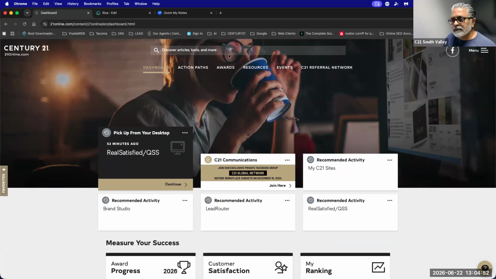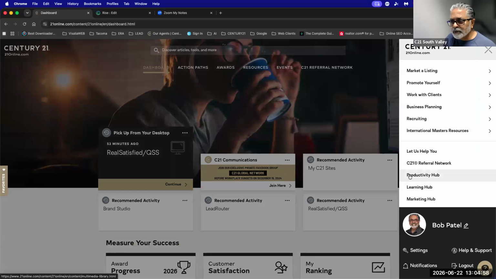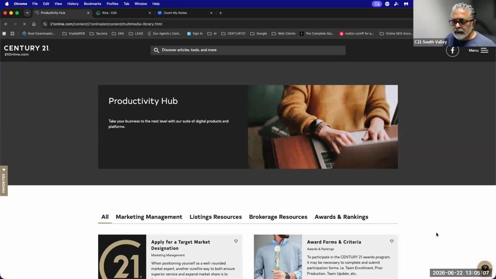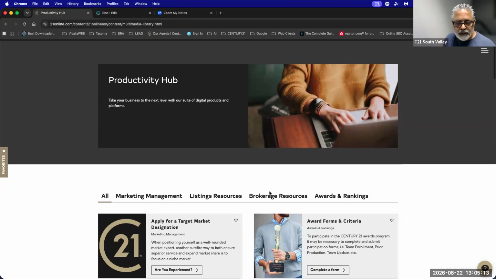There are two ways to get into your Moxi account or to search for it. Basically, you go into your menu, work your way down to Productivity Hub. This is where all your tools are located from Century 21. Once you click on that, and let me open up this window. Okay, you're going to work your way down